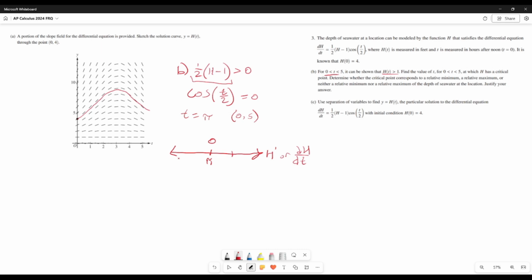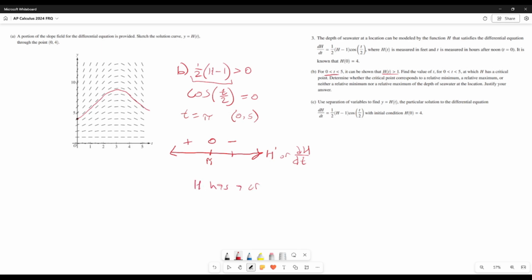So we know that in this interval after pi, cosine is going to be negative. And we know that before pi, cosine is positive between 0 and pi over 2. And remember, when we plug in pi, we're actually getting cosine of pi over 2. So this means that we go from positive to negative. We know that this is going to be a relative maximum. So we're going to justify and say that